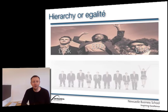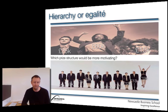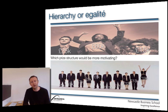Now, one way to think of this is to think about a pay structure as a kind of prize structure. So if we imagine that we enter into a competition, the example that's often given is a golf tournament. And there are two potential golf tournaments that we can alter. In one, the picture at the top, there's a prize structure which adds up to a total purse of £100,000. But you only get any prize if you figure in the top three places in the competition,